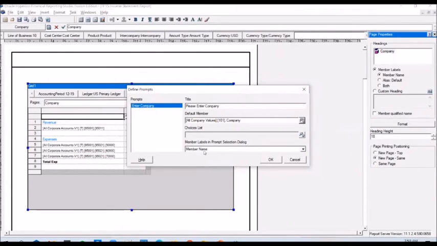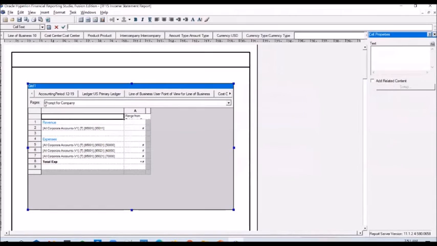And you can select how the members need to be displayed. So if you say member name, only the name will be displayed. If you say alias, only the alias will be displayed, meaning what 101 is all about. It is a US1 LE, I believe. So how you want the members to be displayed will be controlled by the option you select here. So if you select member name and alias, you will see the member name as well as the description of that particular company. Click OK. And this is how you configure the pages or the prompt. And save the report.